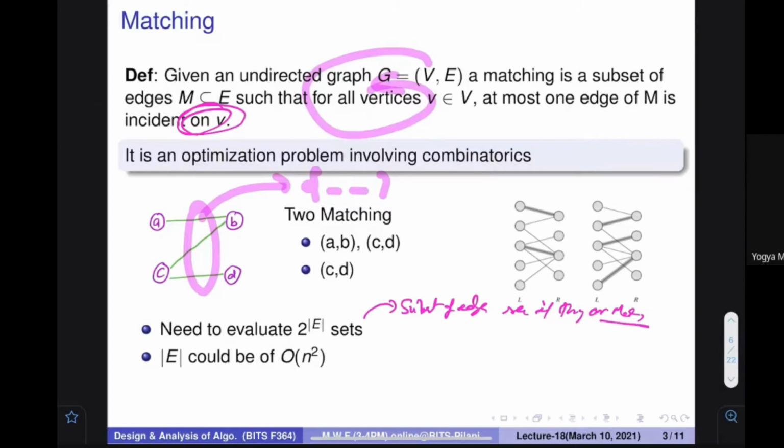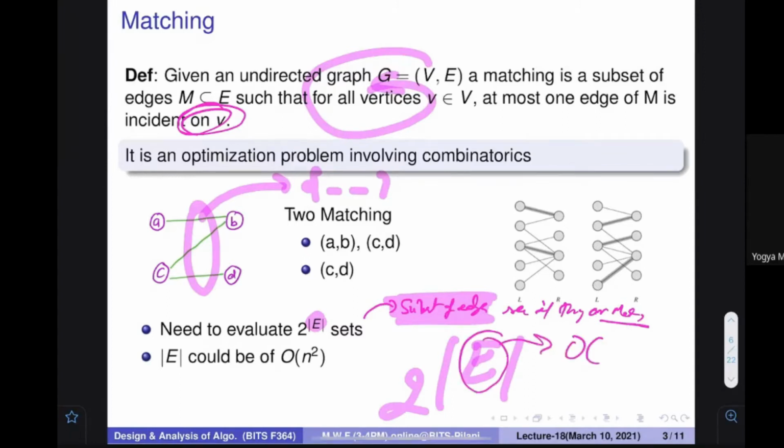So how much time is it going to take? The time proportional to the number of subsets of the edges. How many subsets of the edges are there? If E is a set containing all the items, we can say that mod E is the number of edges that we have. So you know that 2 to the power mod E number of subsets can be found. And you also know that this E can be very large, and it could be of the order of n square also. So you can see that this is an exponential problem. This is not a simple problem. It is going to take an exponential amount of time.